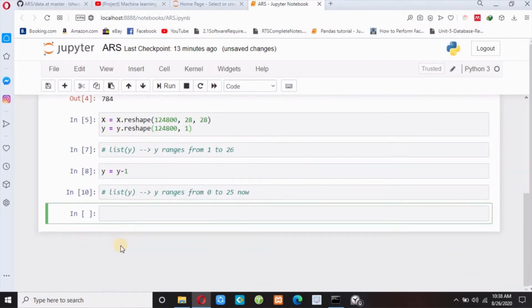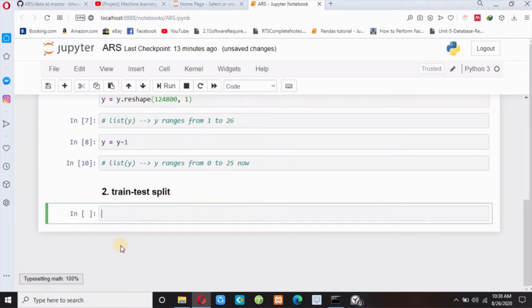Now in number 2, let's make the title here: train, test, split. Now guys, to split your data into training and testing part, you need to install scikit-learn in your system.